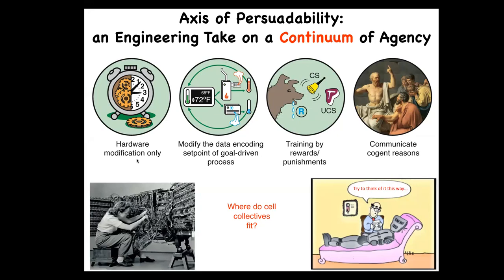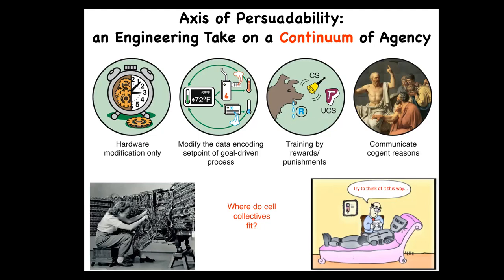And the thing is that different toolkits are used at all of these levels, and it's important to get it right. So treating complex biological agents as simple machines leaves a lot on the table and runs into all kinds of ethics issues. And conversely, trying to communicate various complex reasons to something like this is a waste of time. And so for any given system, you want to guess at the correct level, not too low, not too high, the correct level, in order to have techniques that are actually going to be effective.